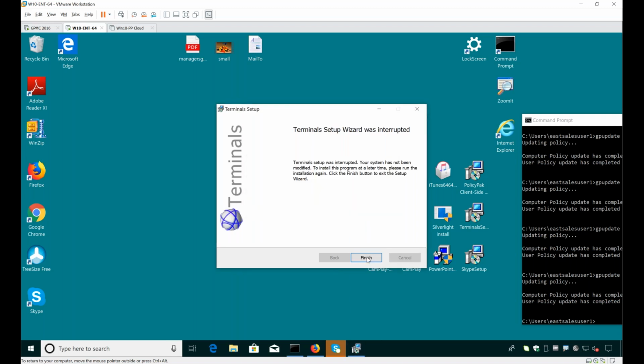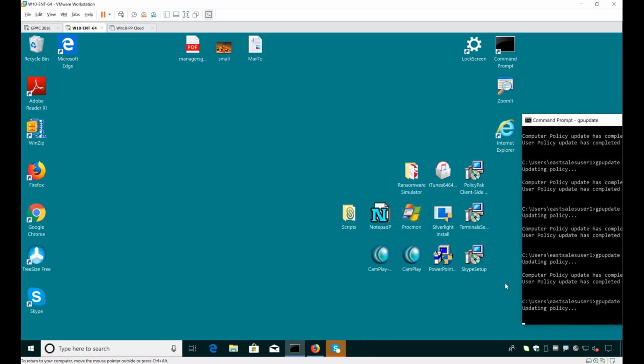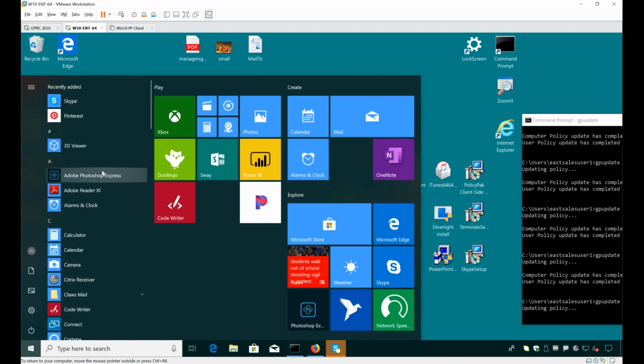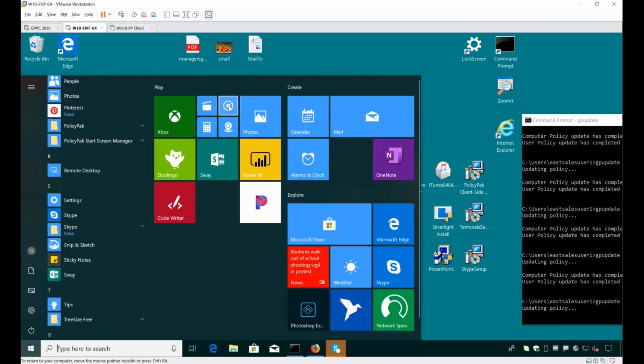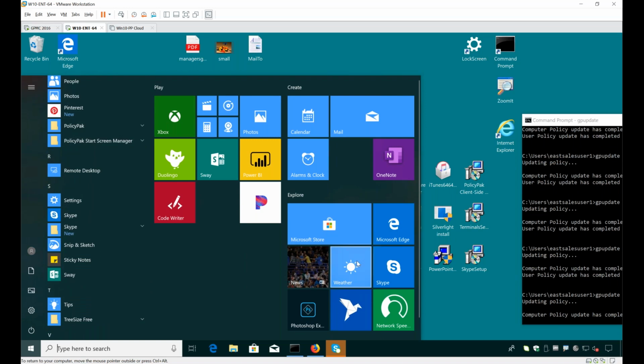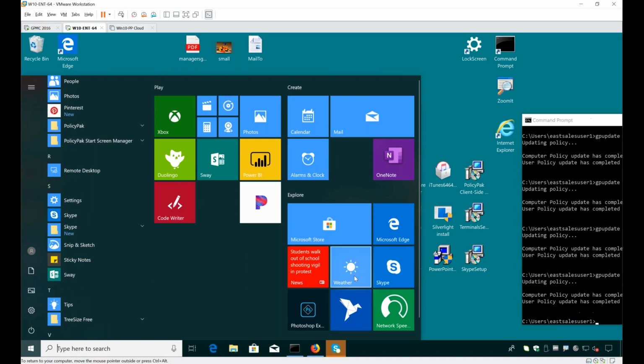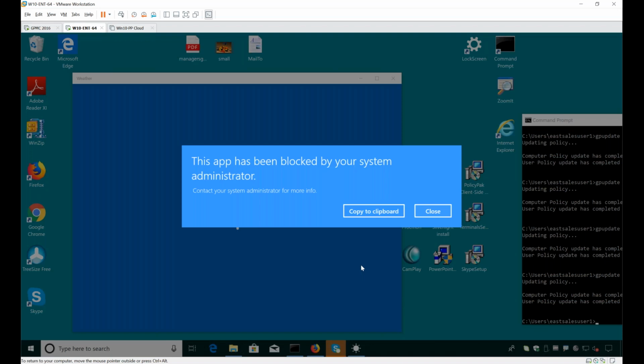All those garbage apps that are hanging out on the start menu, we're going to do two things to them. On the one hand, we can't get rid of it on the left-hand side. We can get rid of it on the right-hand side. But even if it's just hanging out on the right-hand side, our first inclination is that stuff that would run, we just want to block and stop. So let's see what happens if we click on, say, weather. What happens now? That's blocked.